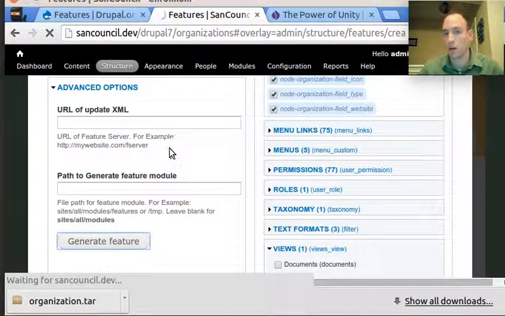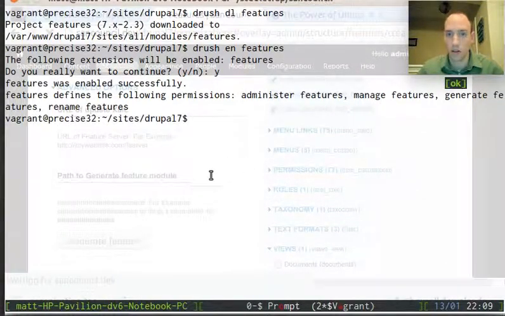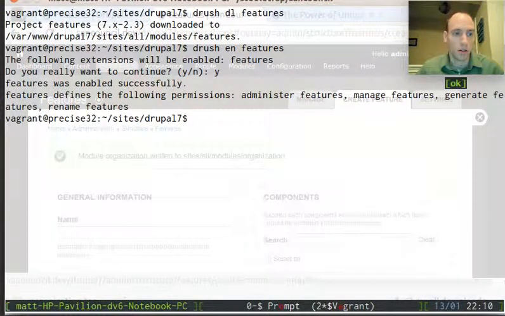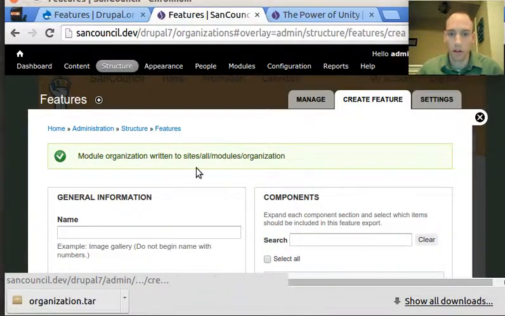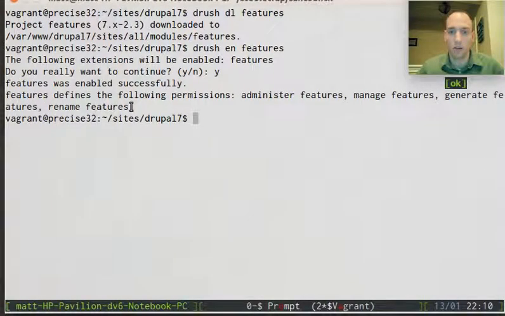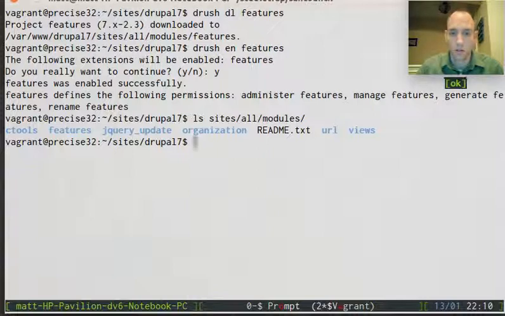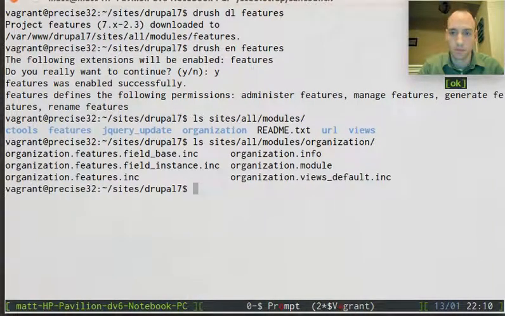And then once we've generated that, we will go ahead and view the result of it in our Vagrant command line here. Alright, so it looks like that completed successfully. Yep, module organization written. And let's go ahead and take a look at what that looks like. Alright, so there it is under organization. We can see it. And there is an organization.info file. And we can take a quick peek in there if we wanted to,